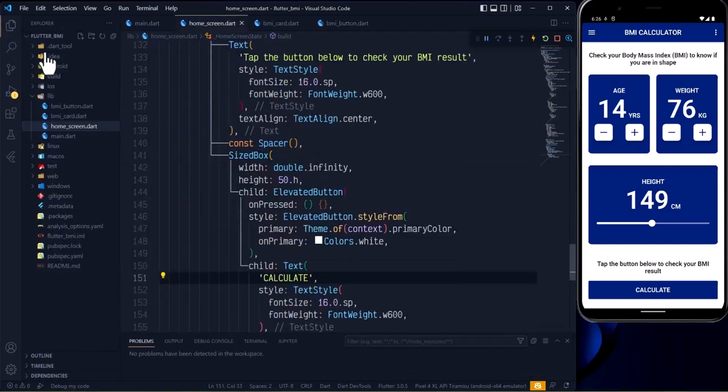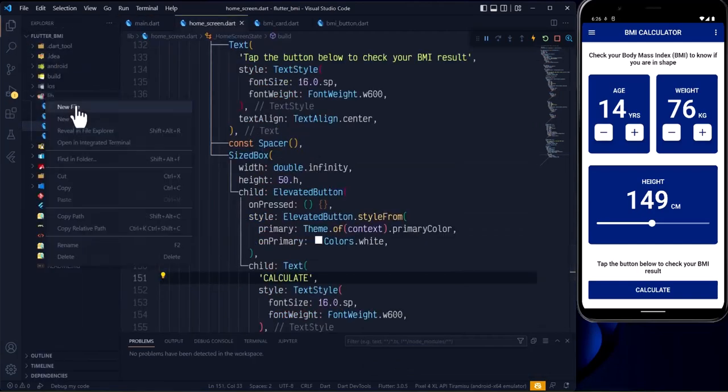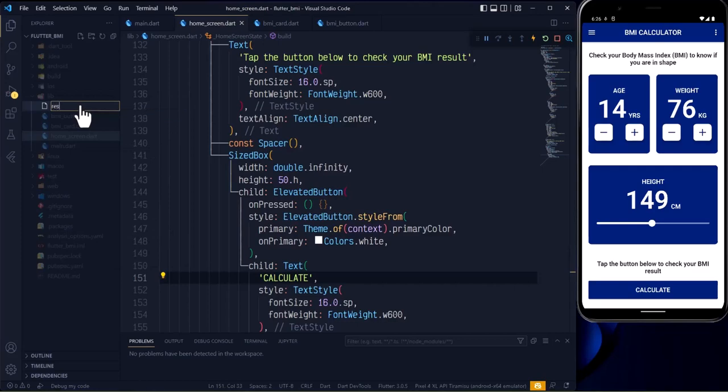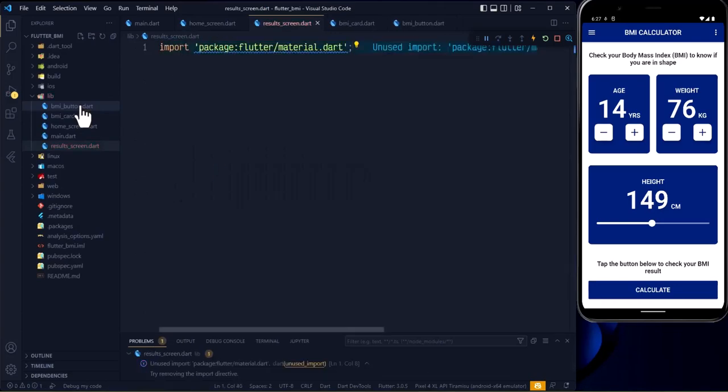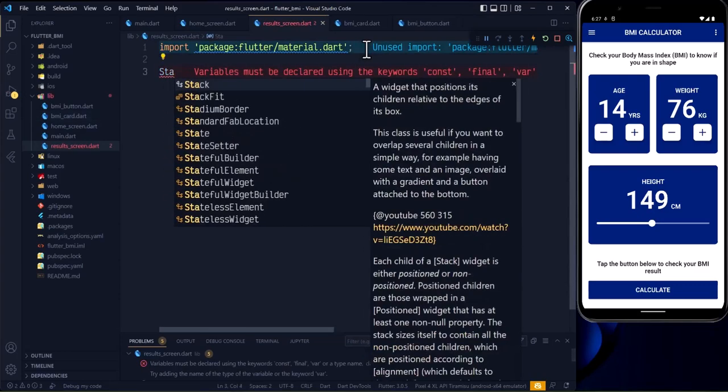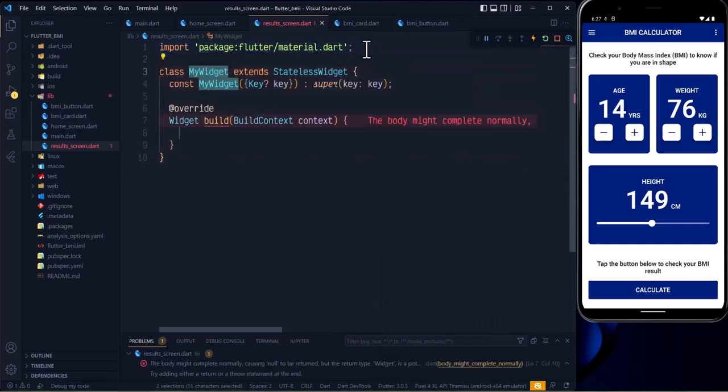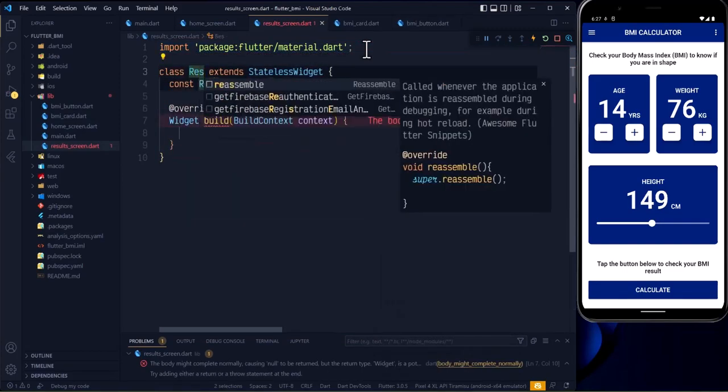So what I'm going to do is I'll create a new page. So I'll go to new file, then we'll call this the results_screen.dart, and then here we are going to import material. So you can always type IMPM. And then here I'm just going to create for now a stateless widget, so STL, and then we are going to call this the